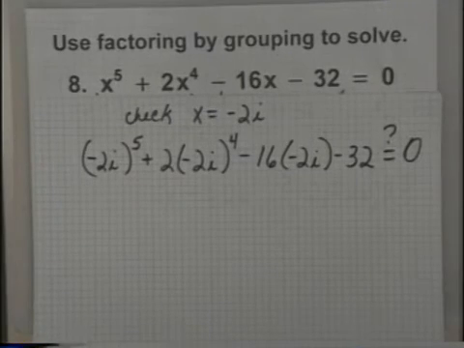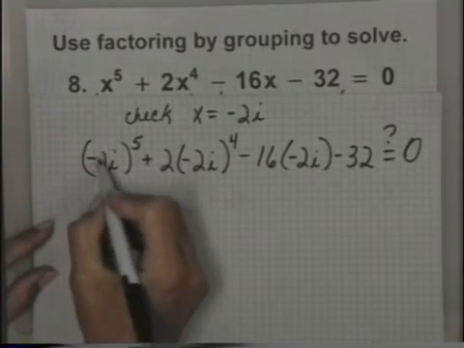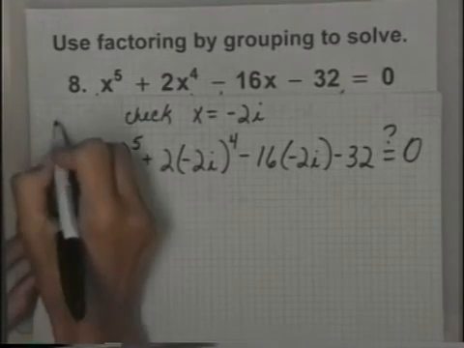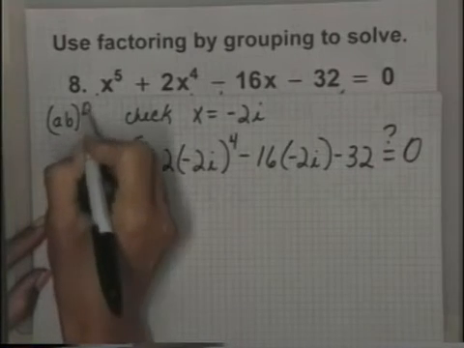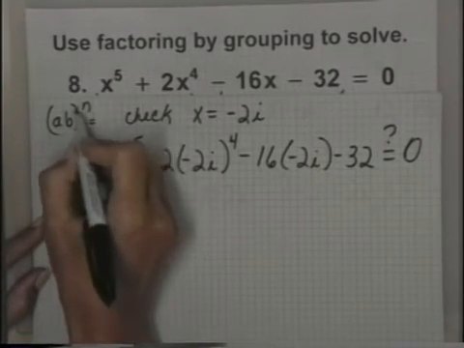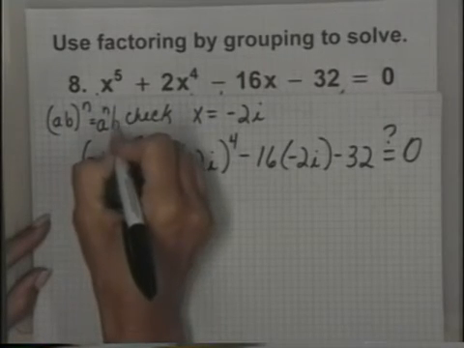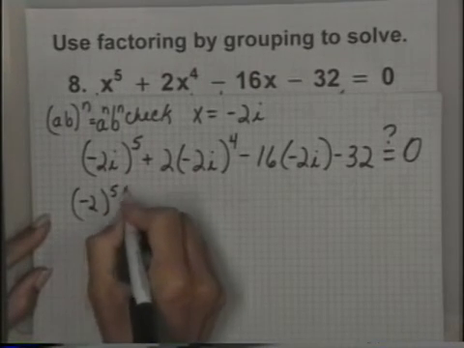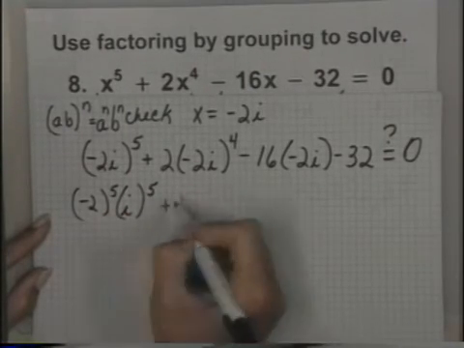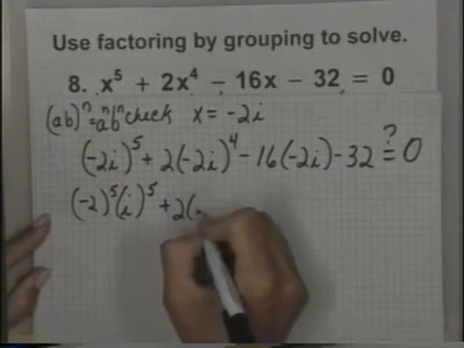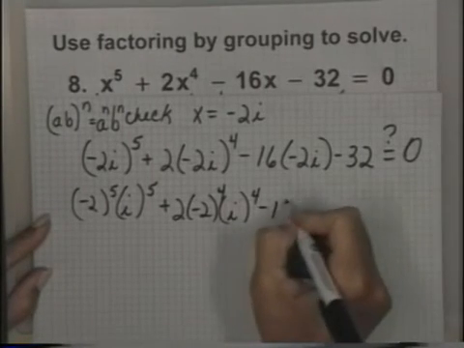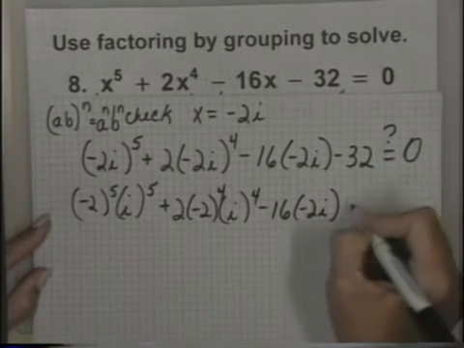Well, of course we know order of operations says to compute our powers first. Since I have a product, since I have factors in these parentheses, I know that when I raise a product to a power, remember a times b to the n, then I apply that power to both the factors. So I will have negative 2 to the fifth times i to the fifth plus 2 times negative 2 to the fourth times i to the fourth. We'll hold on the multiplication until we have completed